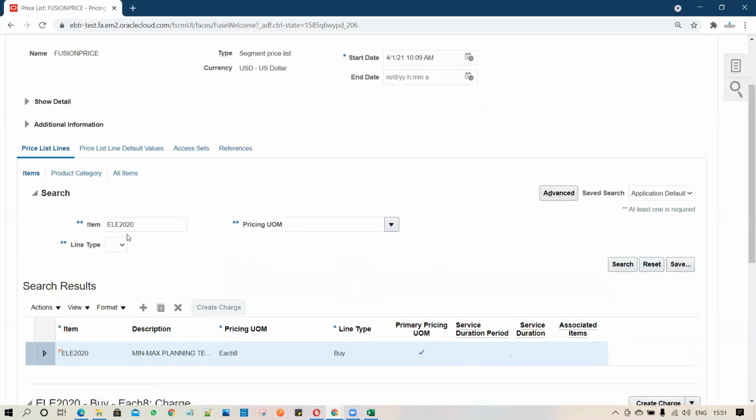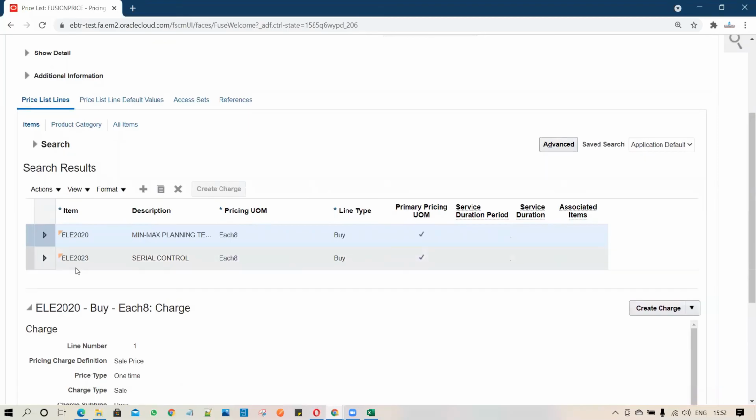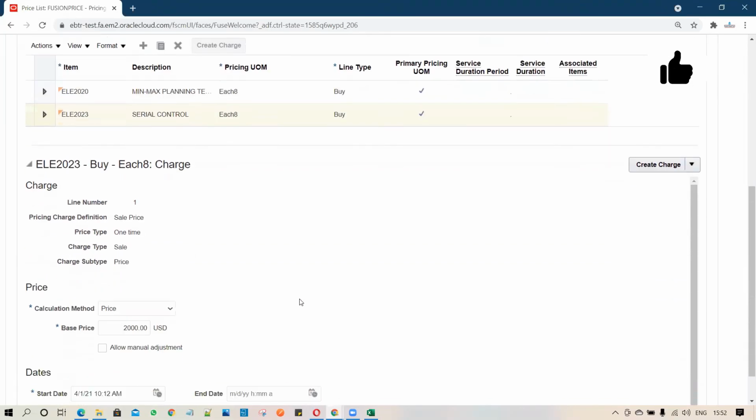Now we'll validate both of the items. You can click on search, remove the item, and just select buy. So all of the items will be queried when clicking on search. You can see that the ELE 2023 price we have to validate.